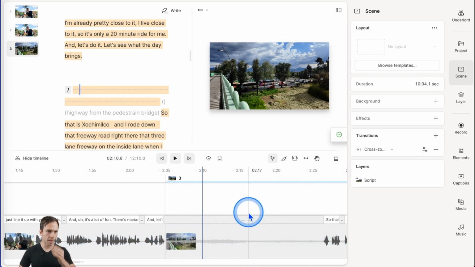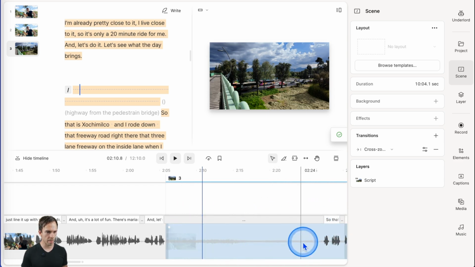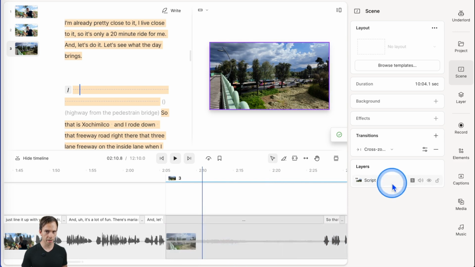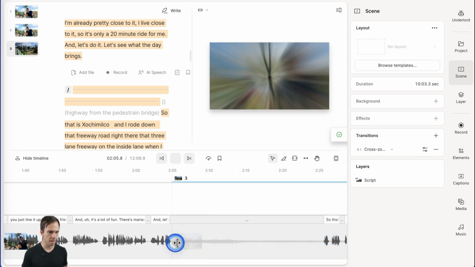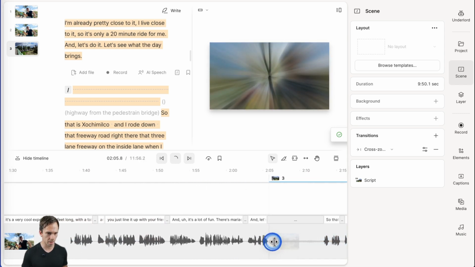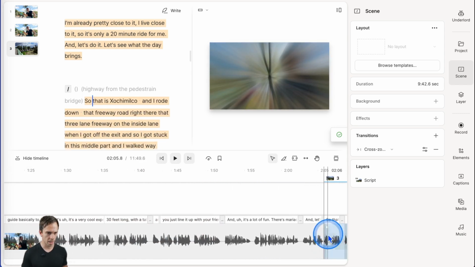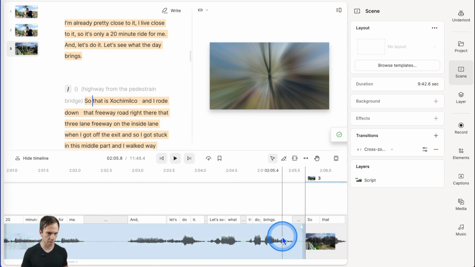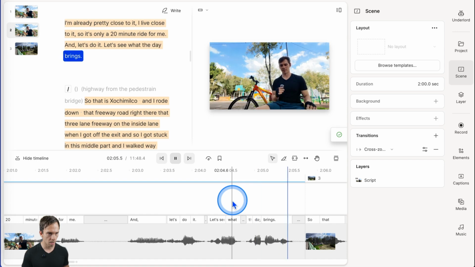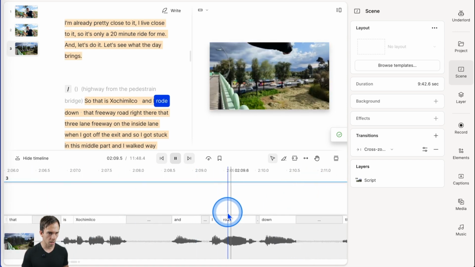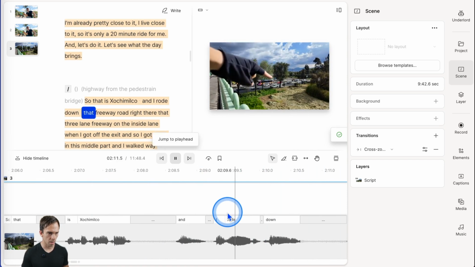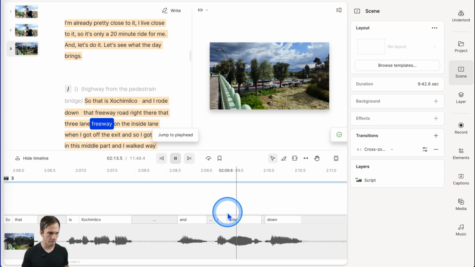Okay, and then at the start of this scene, I have a bunch of silent area before I start talking. That was because I was on this bridge and I was waiting for some people to pass, so I wasn't recording them. So I'm just gonna cut all that out by dragging all the way to where I see the sound or the talking start. But the day brings. So that is Xochimilco, and I rode down that freeway road right there, that 3-lane freeway,